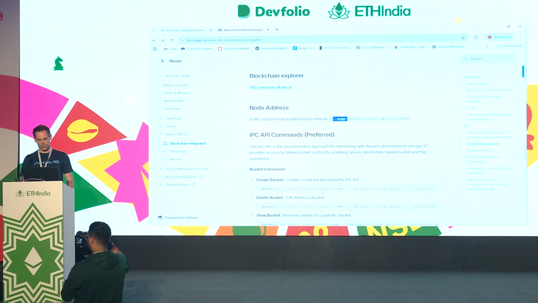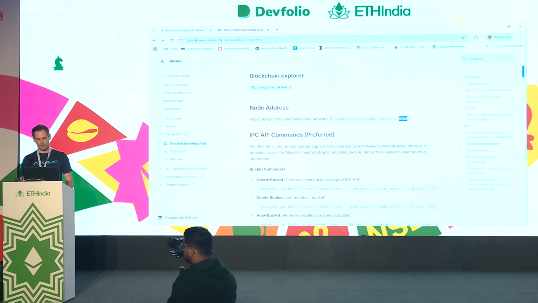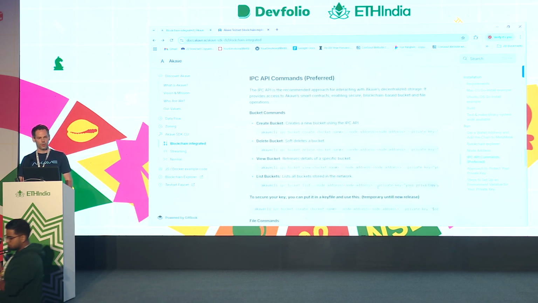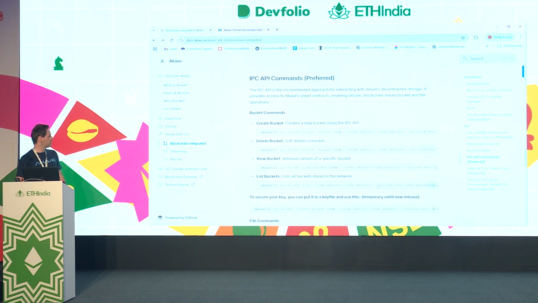Around here, very important, keep in mind, if you want to connect on our network, this is what you need. It's connect.akave.ai, and make sure to use port 5500. You will see here when you're working on using our